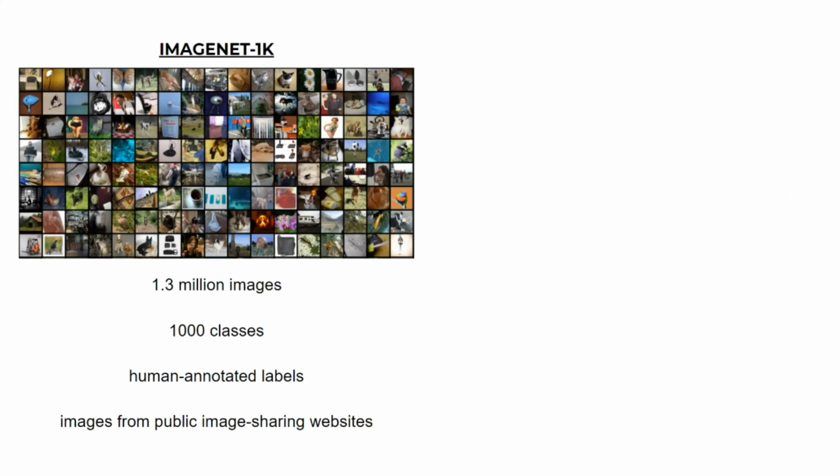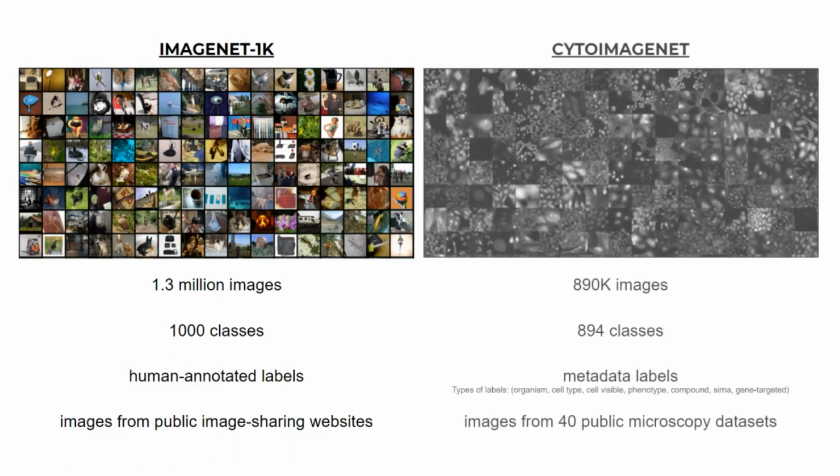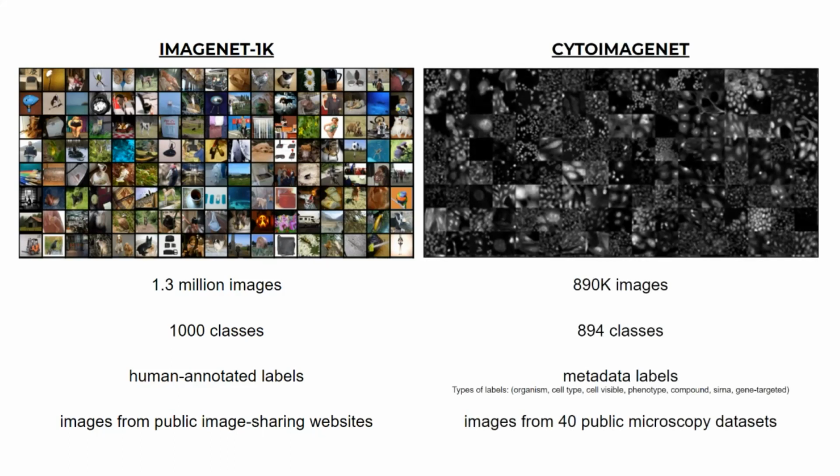ImageNet pre-trained features have been shown to be useful even on microscopy and medical images, which are not included in nor similar to images in ImageNet. We hypothesized that pre-training models on a more domain-relevant dataset will yield more useful features than ImageNet. Pooling together 40 open-source datasets, we present CytoImageNet, a large-scale pre-training dataset of microscopy images with 890,000 images and